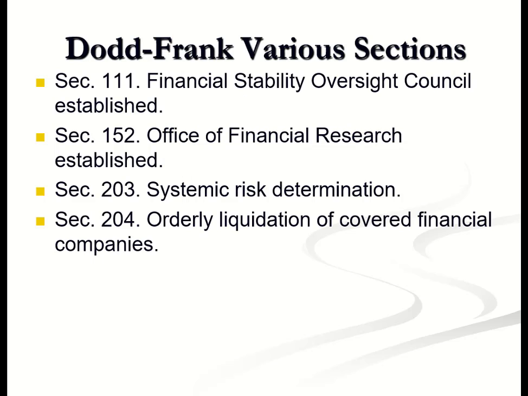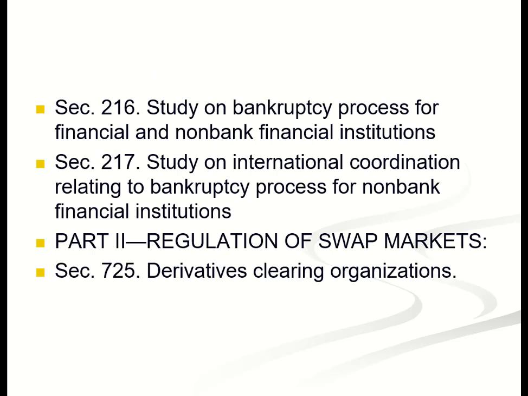Then in a later section, it talks about how the Office of Financial Research is established, and then how systemic risk is determined and defined, and what it means for an orderly liquidation of covered financial institutions. In other words, how do you resolve and unwind companies that are failing? And it goes on, and then there's even a part towards the end, regulation of the swap markets